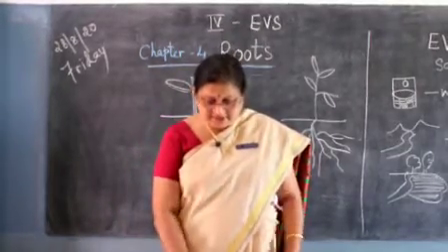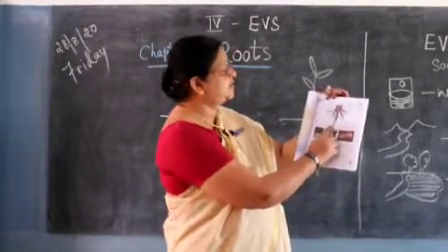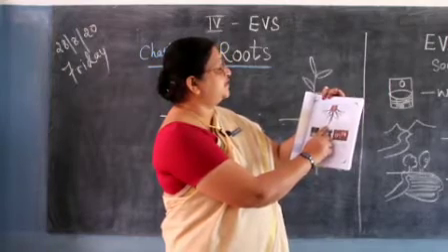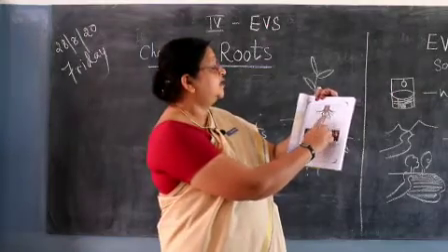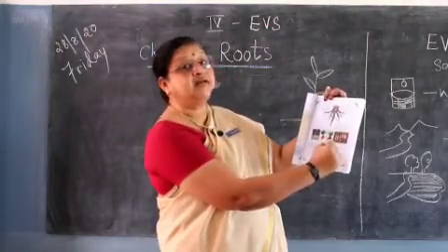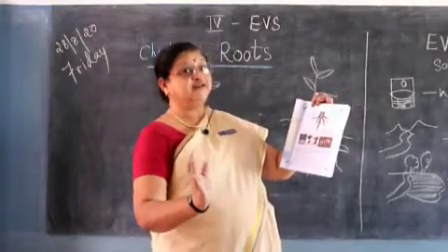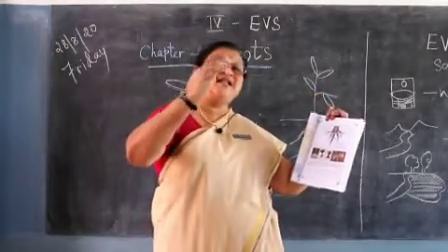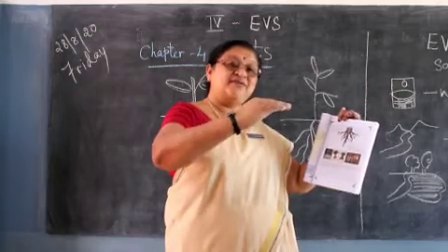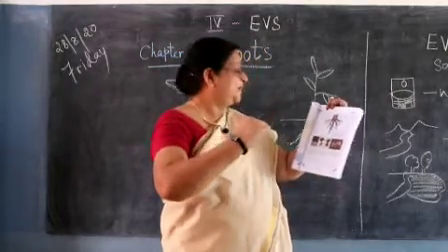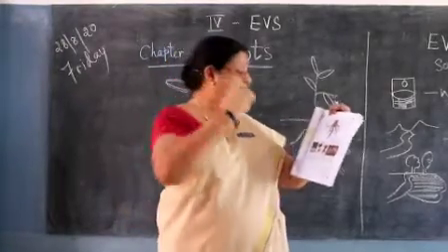Now in this chapter you have the pictures of the root, children. Can you see? Here the root is, and what is the root? Its main function is to support the plant. Then it also holds the plant very firmly on the soil, because if the root is not healthy, you have seen the plant will bend and it won't have a good posture. You have seen big trees like coconut trees, sometimes tilting.